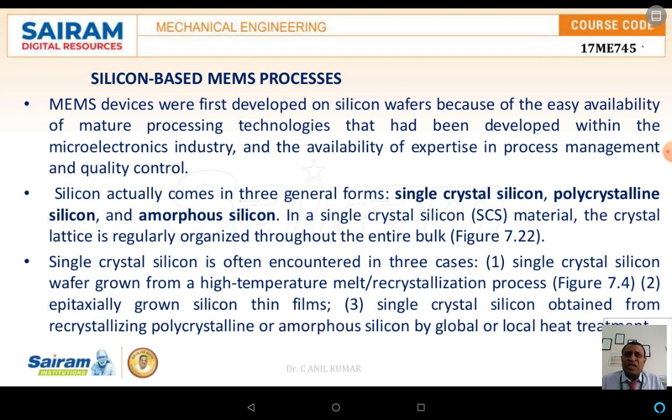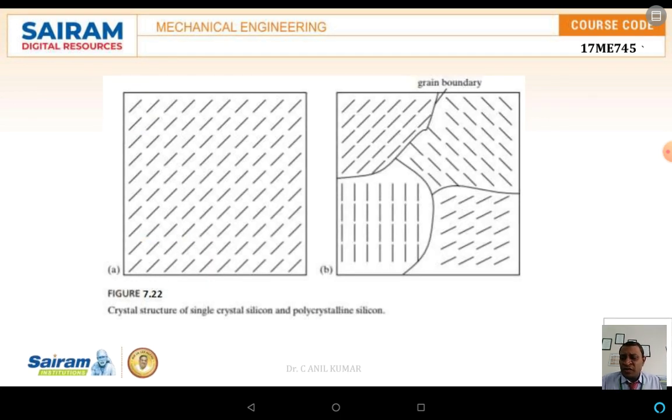It consists of three general forms. The first one is the single crystal silicon, the second one is polycrystalline silicon, and the third one is nothing but the amorphous silicon. In single crystalline silicon, the crystal lattice is regularly organized throughout the entire bulk and distributed uniformly. Now here in sketch A, it is representing a single crystal